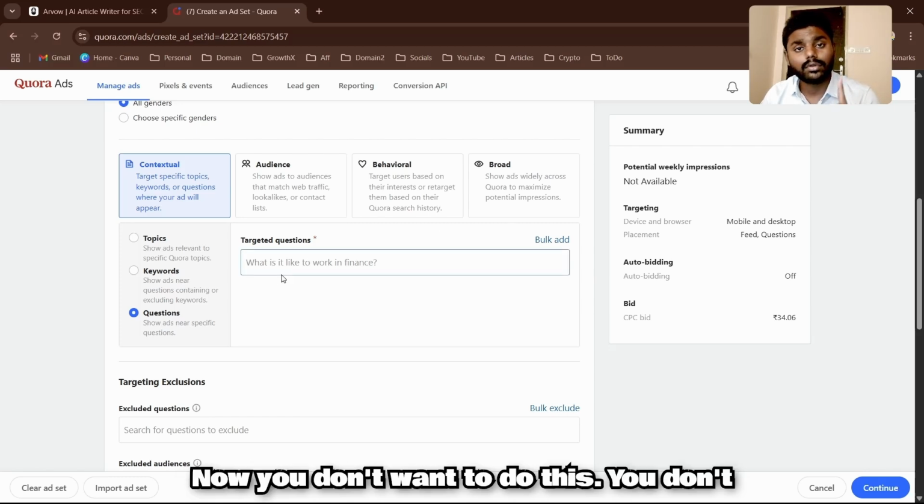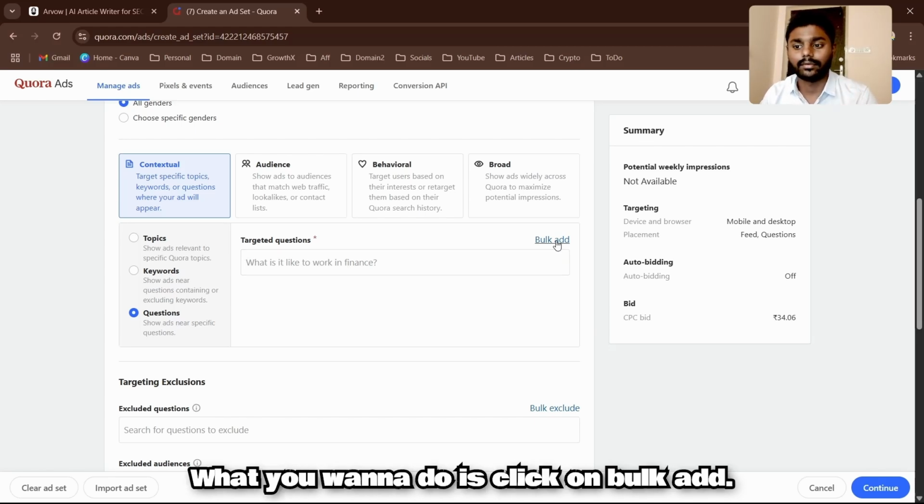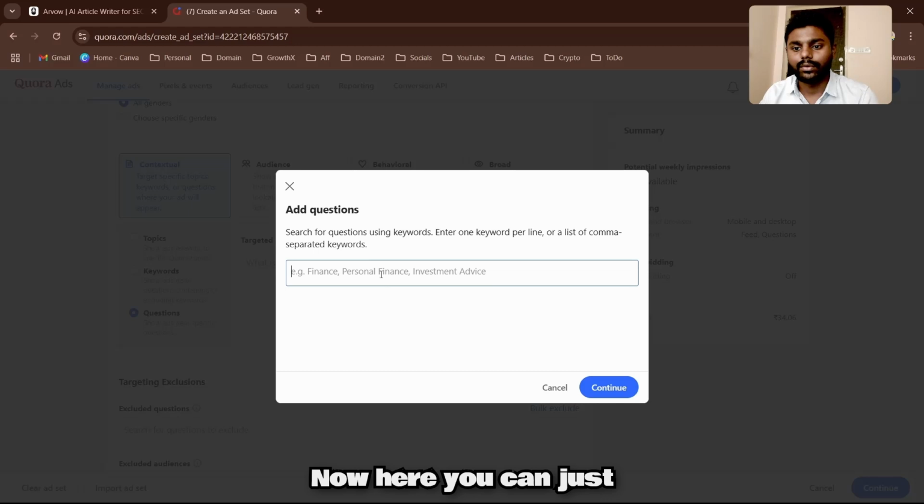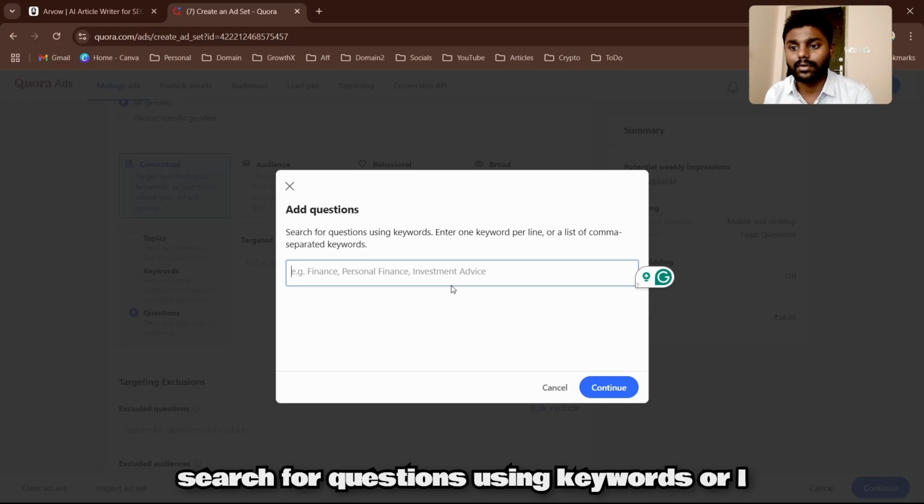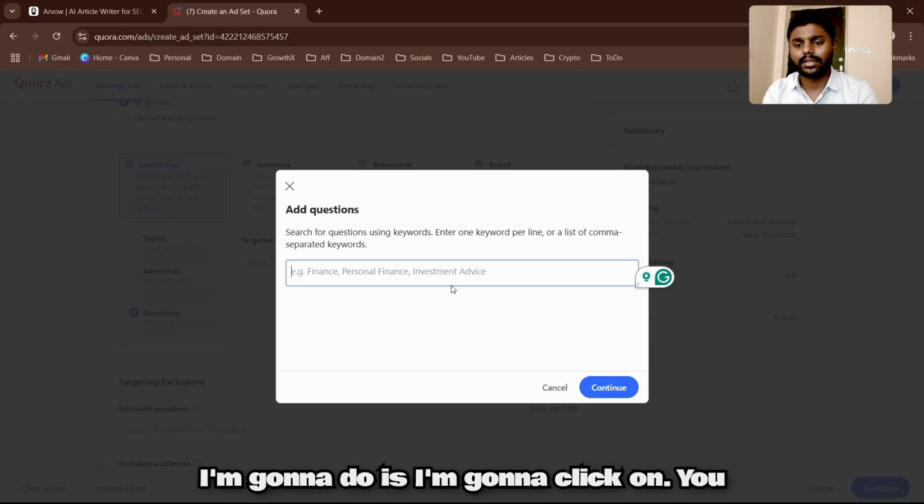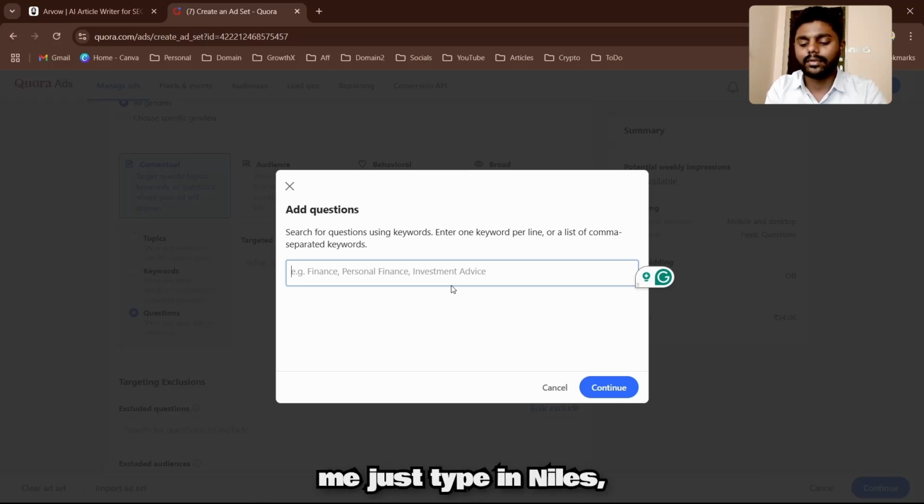Now, you don't want to do this, okay? You don't have to enter any questions right here. What you want to do is click on Bulk Ad. Now, here I can enter keywords, search for questions using keywords, or I can also enter an entire question. What I'm going to do is type in some keywords. So let me just type in nails,